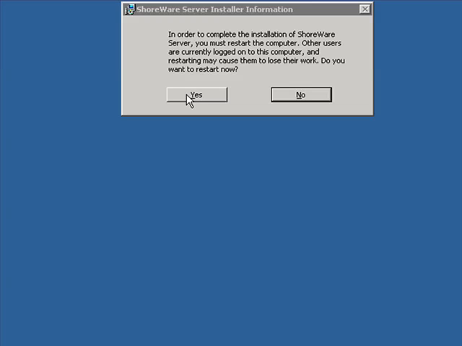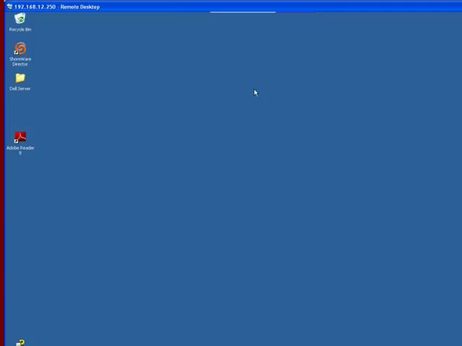There are other parts of the ShoreTel solution that need to be upgraded after the server comes back online. But we're going to talk about that